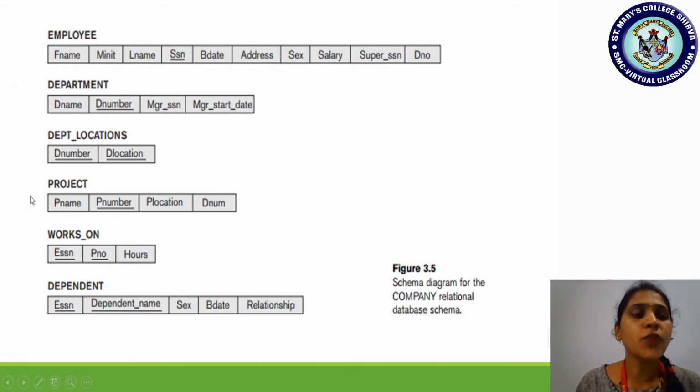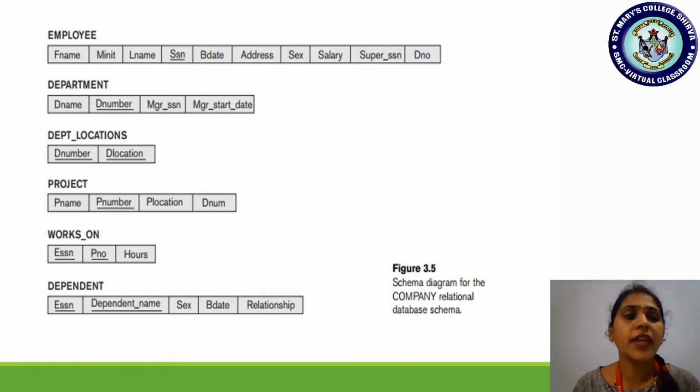So an employee is working on a project for a certain number of hours. So they have taken works on. Here ESSN is the employee information, that is the SSN primary key from the employee relation, and the employee is working on a particular project, so the project number also has to be referred, right? So PNO, that is project number, is a primary key from the project relation.